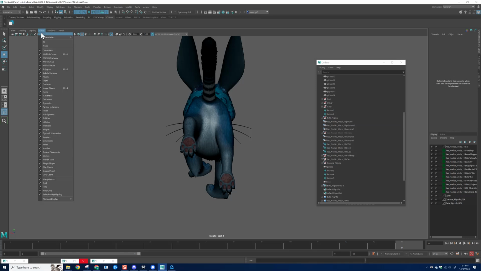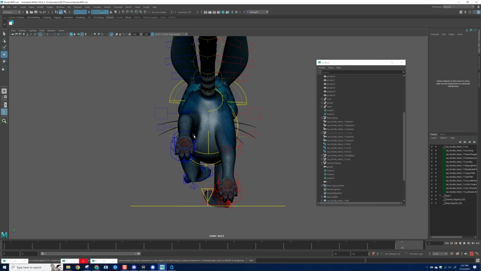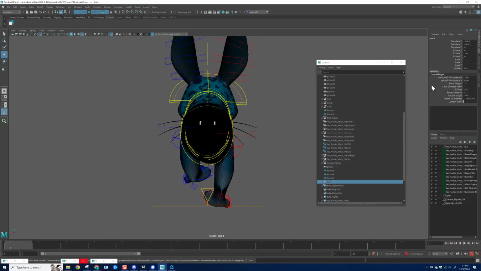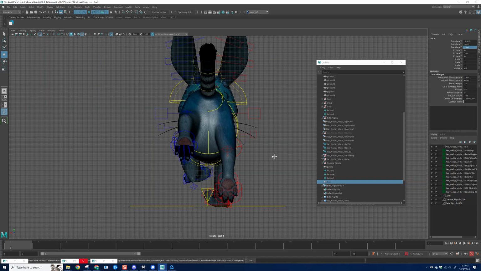For the back leg here, same thing as we animate the front legs. We want to have it coming like, hang on, let's say minus 100. We want to have the back leg coming out to the side,